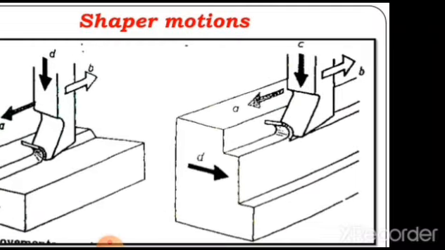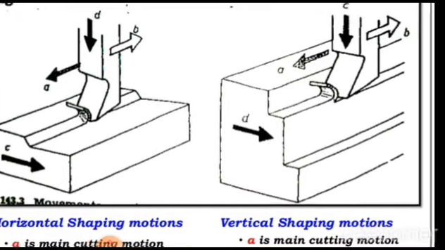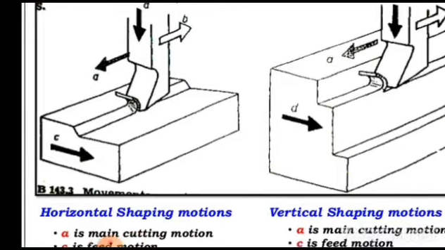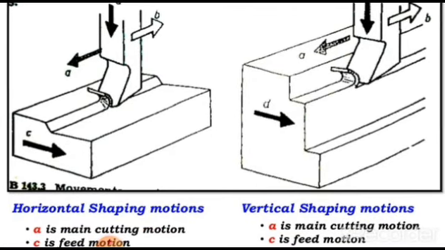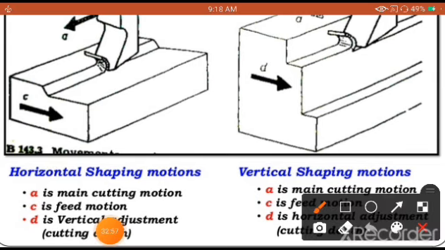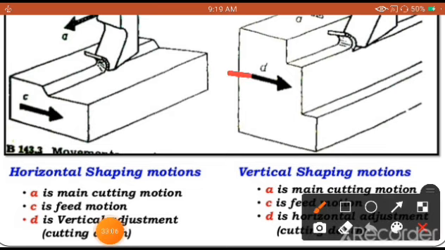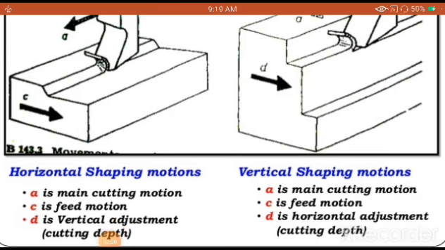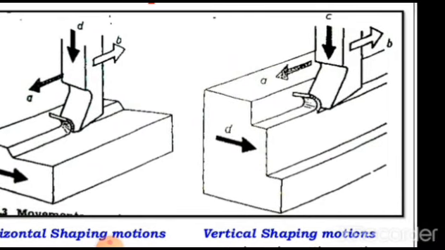Now see, observe how the same operation is being carried out. Compare with these two here. There is absolutely no difference between the two. Okay, absolutely no difference. Here, in the right portion, we are machining a vertical surface. The depth, the D, is the horizontal adjustment. It is not a vertical adjustment, it is called a horizontal adjustment here which is done. And A is the main cutting motion as usual. Compare these two, both are same.